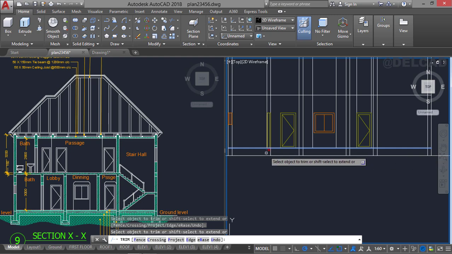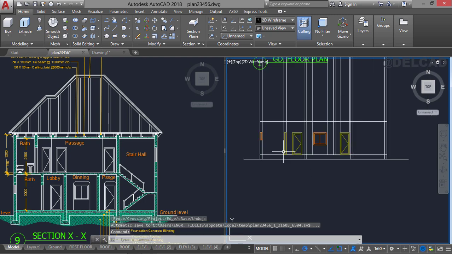Likewise, I'll trim off this line just like this. So these are not needed, and also this is not needed. So we have this, we can then press enter. Now with this,